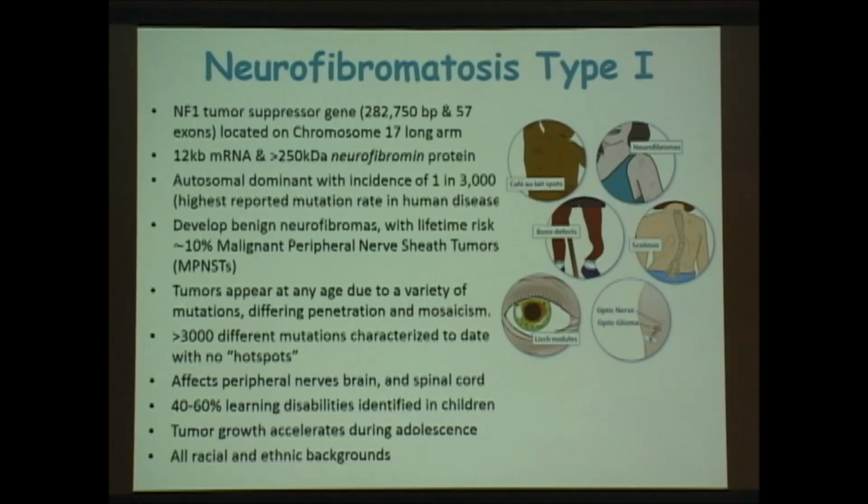My chair is Bruce Korf, and he came to me a few years ago about wanting to create some better animal models of NF1. And the reason for that is, here's a review of the disorder. Most of you have heard this several times. The main problem with this is it's not really a rare disorder. 1 in 3,000, I don't consider that rare, although technically by